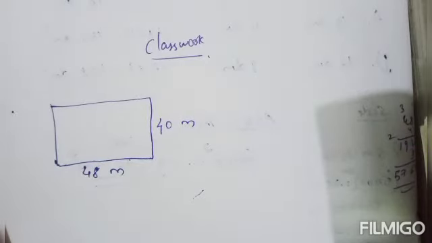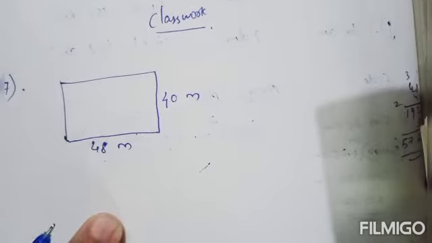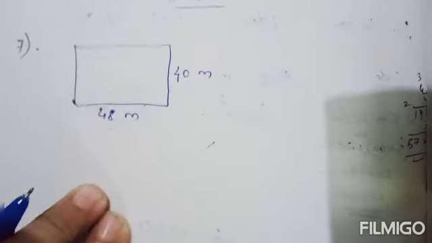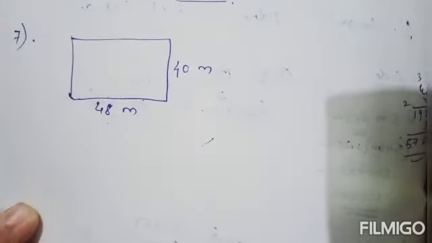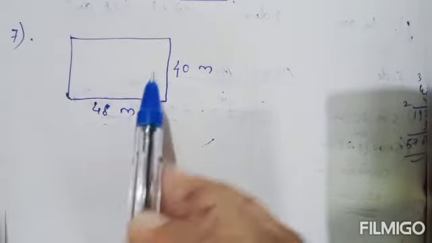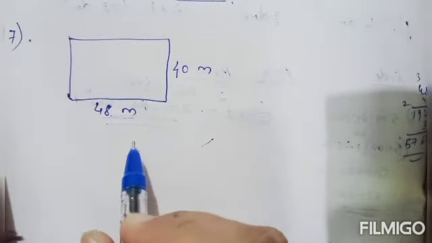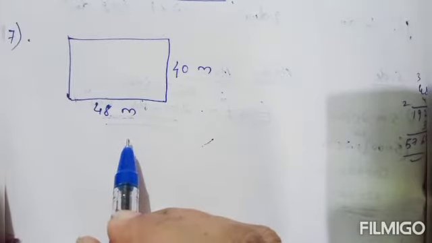So we have been discussing chapter 17, perimeter and area, in that exercise 17C. Next, word problems, the 7th question. A rectangular field is 48 meter long and 40 meter broad. Find the cost of leveling the field at the rate of rupees 3 per square meter. So a rectangular field is given, its length is 48 meter and the width is 40 meter. Now what you need to find here is the cost of leveling the field at the rate of rupees 3 per